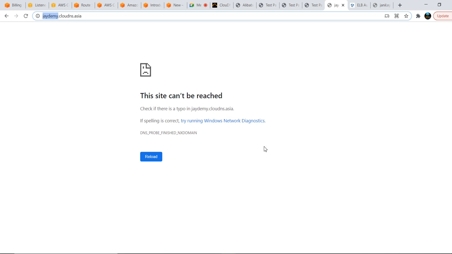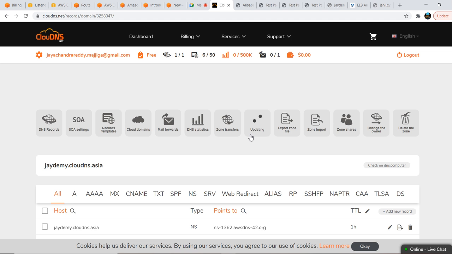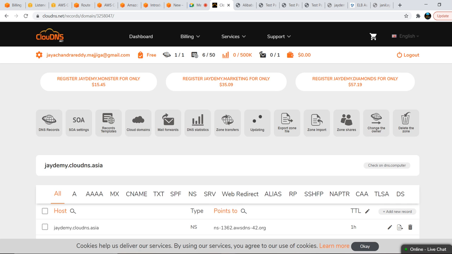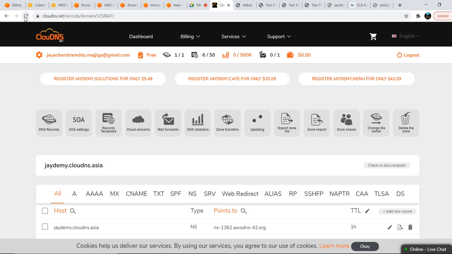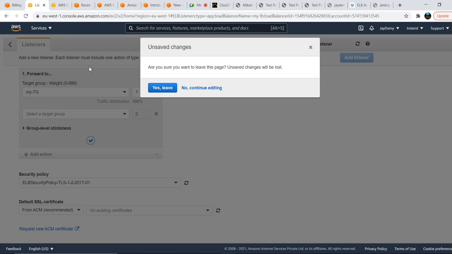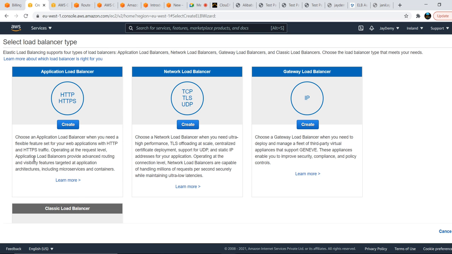I was trying to show it, but because I have hosted in some other cloud DNS, this is a private one. It will take an hour. So after 10 o'clock or so, I will verify and update here. Okay, that is how the AWS load balancer works with SSL certificates, which are managed by AWS. And if you see here, create load balancer. As of now, we created an application load balancer. Gateway is a new one, so we don't need to worry about that one.